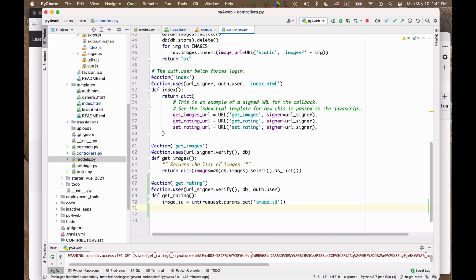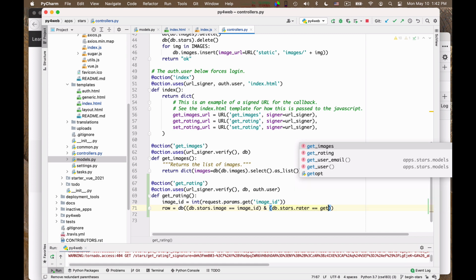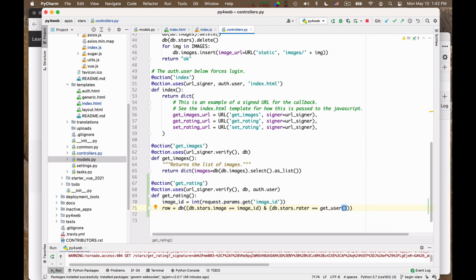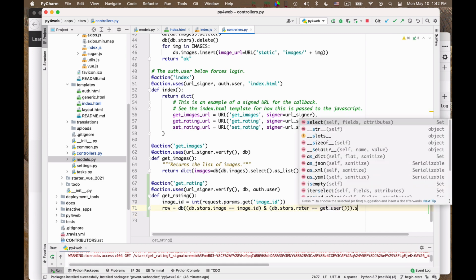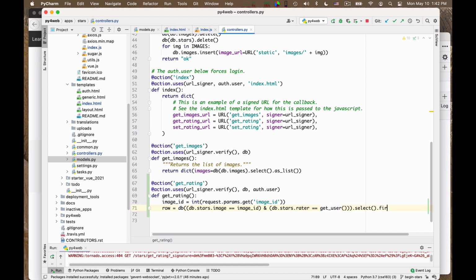Then we take a database row, which is from the database we say db stars image is equal to image ID, and db stars rater is equal to get user. That gives us the ID of the current user. Okay, we select this row, and we do the select of the query, and we just get the first row.